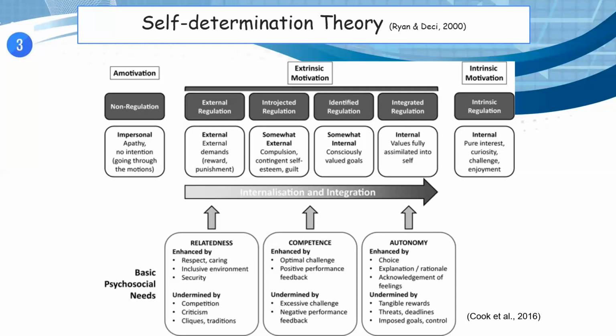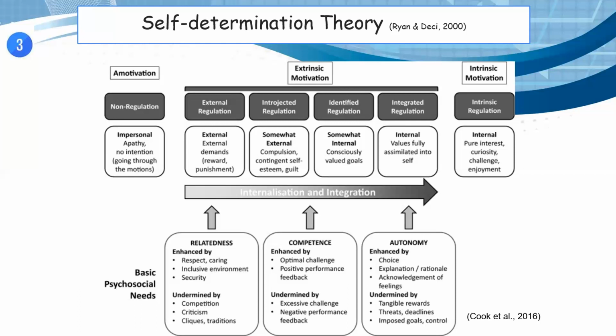Competence is also enhanced by positive feedback. It's undermined by an excessive challenge, a challenge that is unachievable, and also by negative feedback. Autonomy, a sense of empowerment, is enhanced by the ability to make choices, the freedom and ability to make choices in a task, an adequate